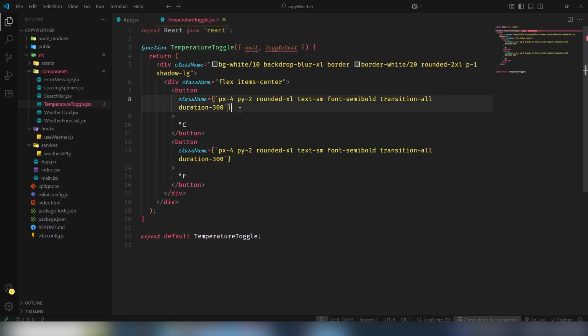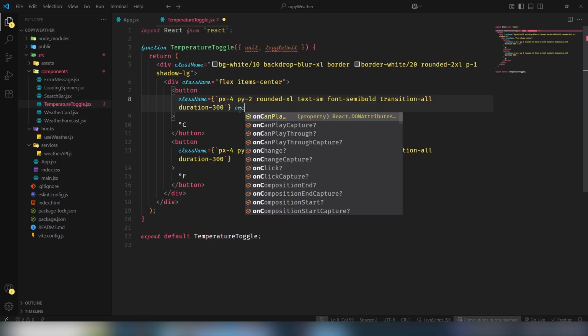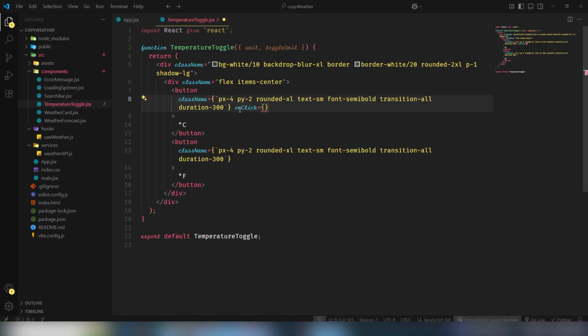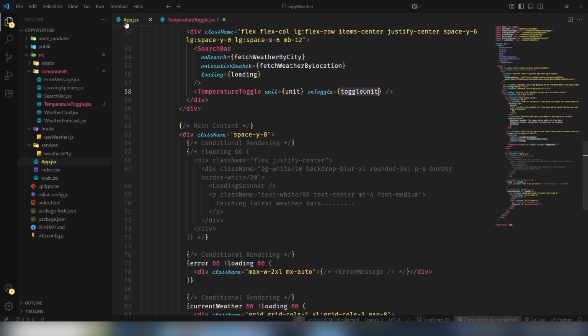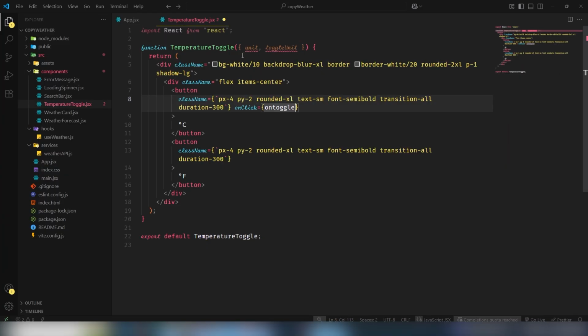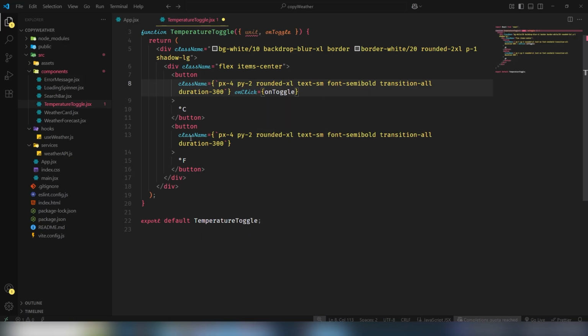In the button, step number 1, you need to use the onClick event onToggle. Just use onToggle. Okay, this is my mistake guys. Just copy paste. The next step, I need to use the same thing there, onClick